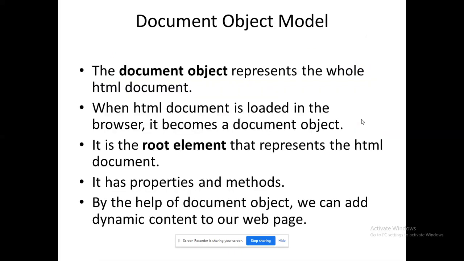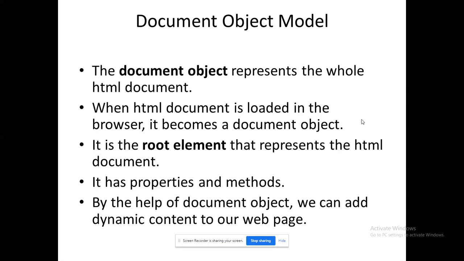So the document object model. What is it ready to convey? Actually, it is ready to refer to our HTML document only, right? Or the HTML file. That means the complete HTML file, which consists of HTML code along with our script. Pertaining to the browser, it refers to the visible screen area. The root element is always our HTML tag, right? Every tag has its own properties and methods. With the help of the document object, I am able to play with the tags. That's what I'm going to learn here.